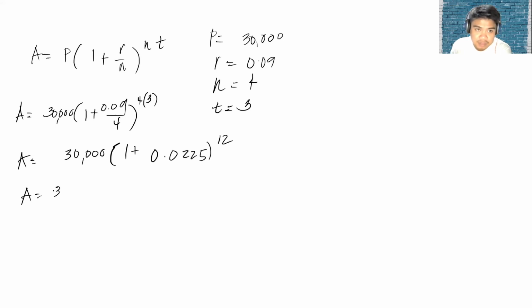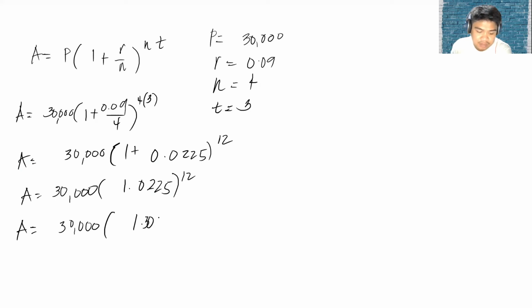So A is equal to 30,000 times 1.0225 raised to the power of 12. So we have A, the total accrued amount, is equal to 30,000 times 1.30605. If you compute 1.0225 raised to the power of 12, it is equal to 1.30605. And if you are going to multiply that,